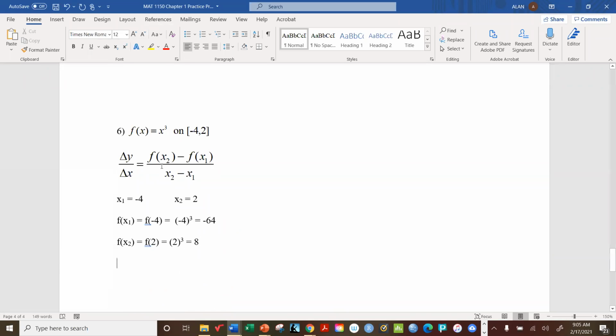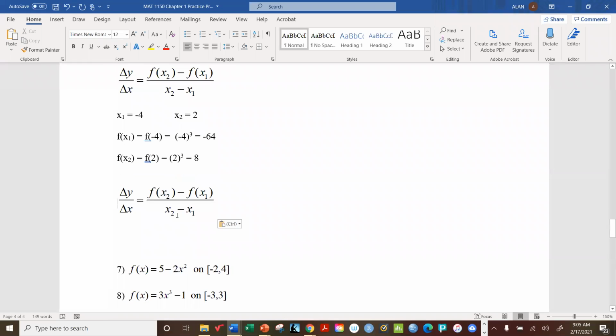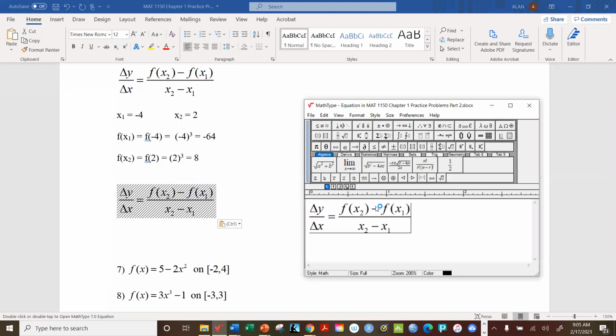So now we just apply these numbers to the formula. So we have 8 minus a -64 over 2 minus -4,